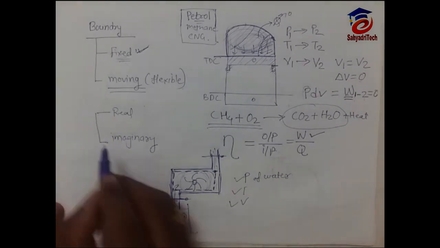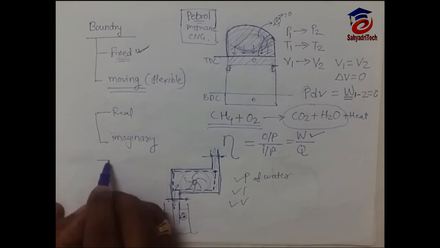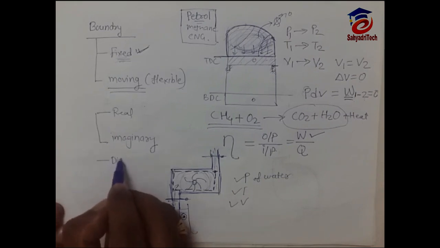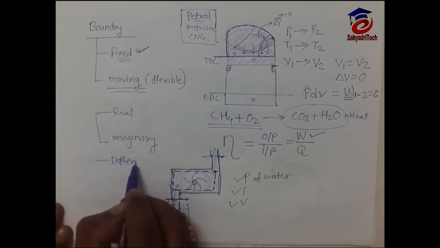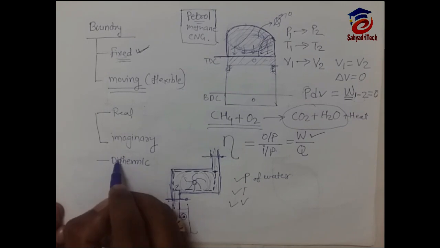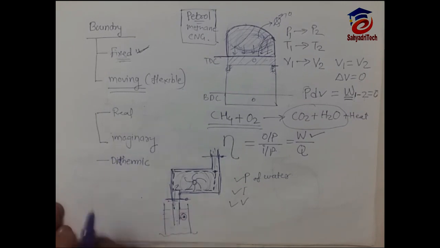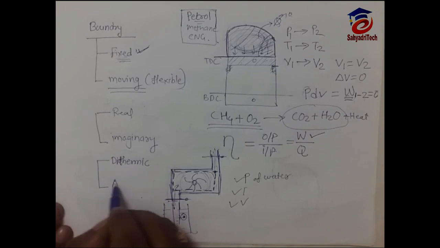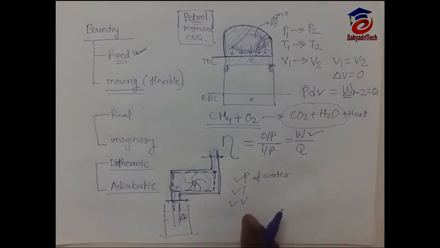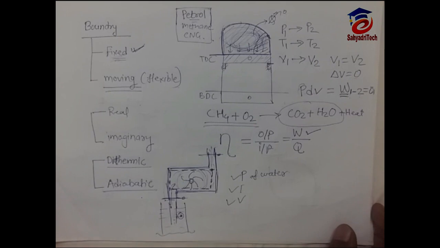So this way we can classify real boundary and imaginary boundary. There is one more classification, that is diathermic and adiabatic boundary. Now what are these boundaries? See, when we say diathermic boundary,